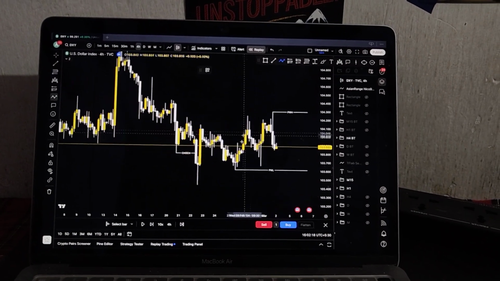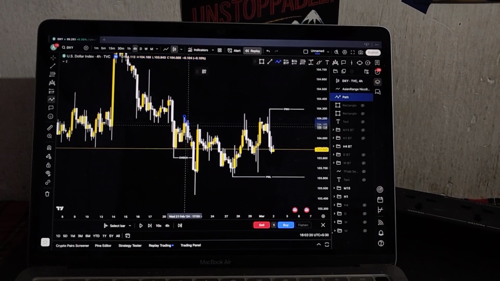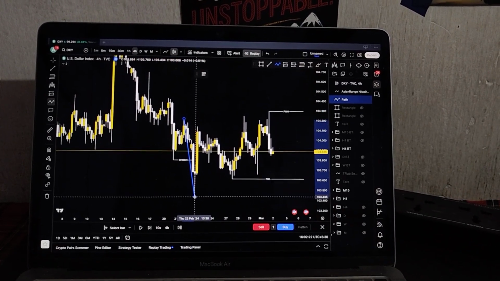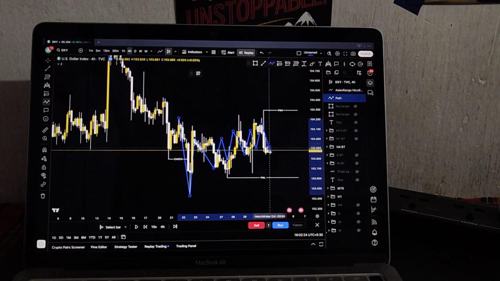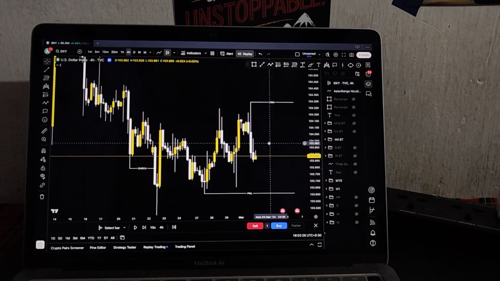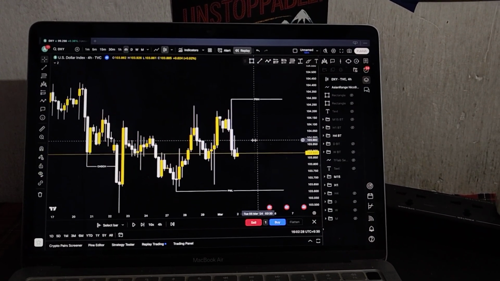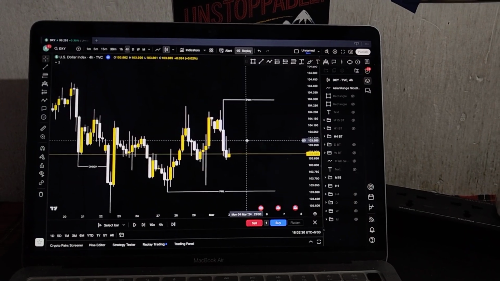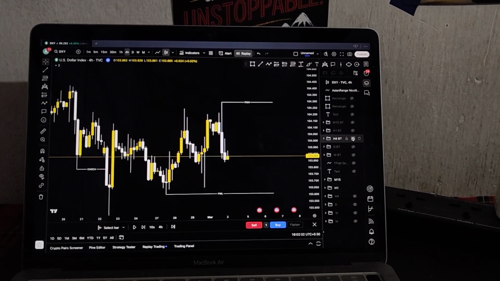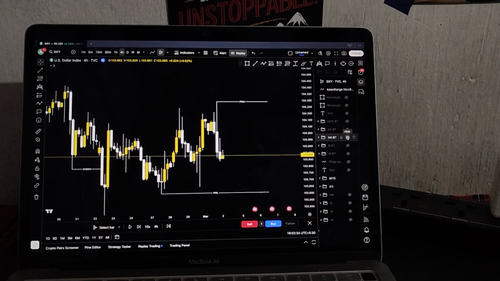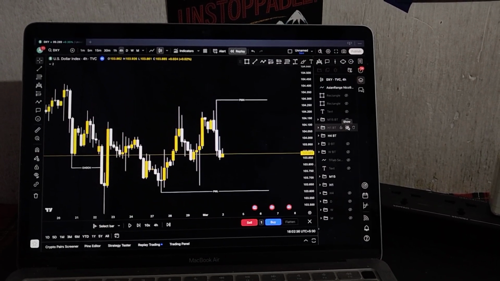So this was a market change of character here. The market is still trending between this high and low. So whatever happens here, it's consolidating, right? As I've told you, as we have learned the last week. And also on the H4 we can see now the market is